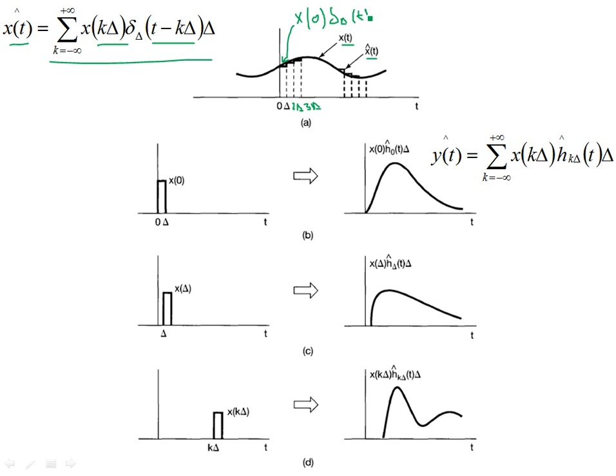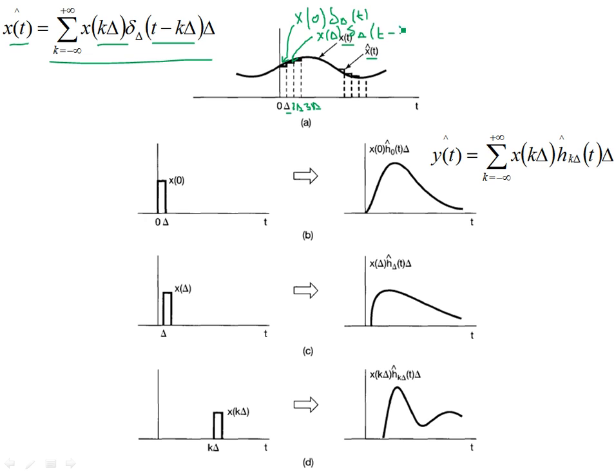Similarly, the second staircase, for k equal to 1, represents x of delta, whatever the value is at delta, multiplied by delta of del t minus